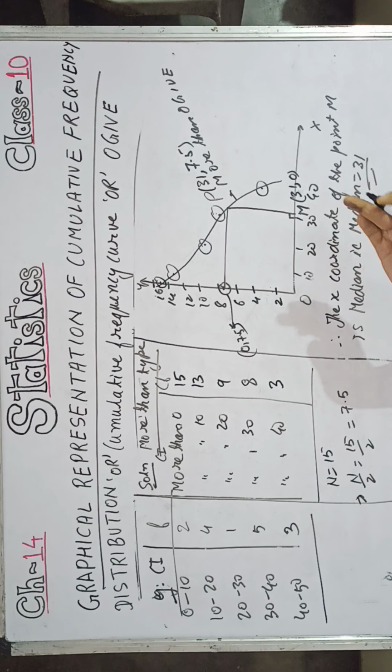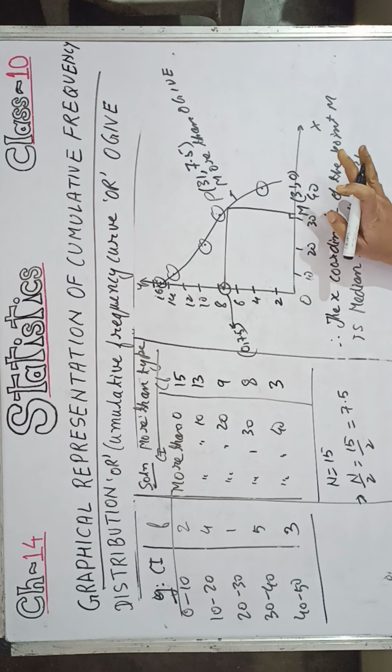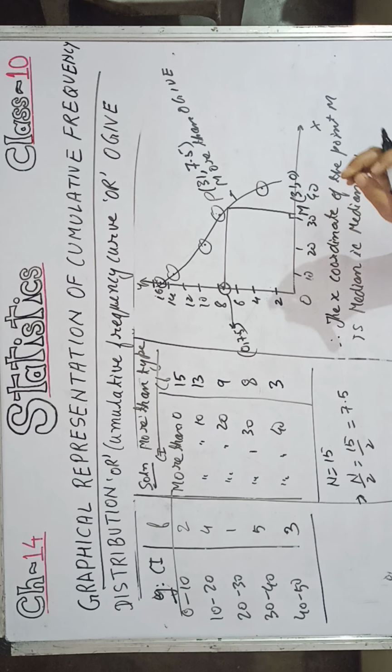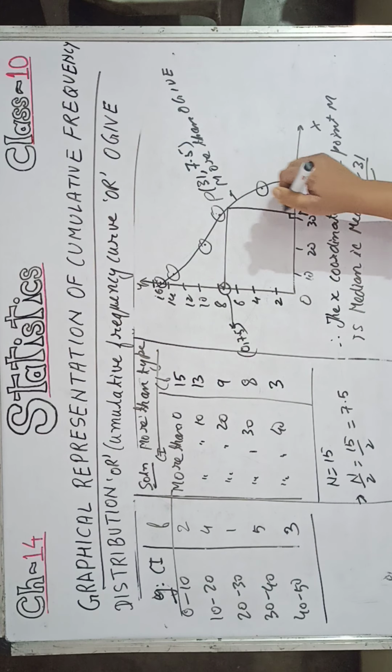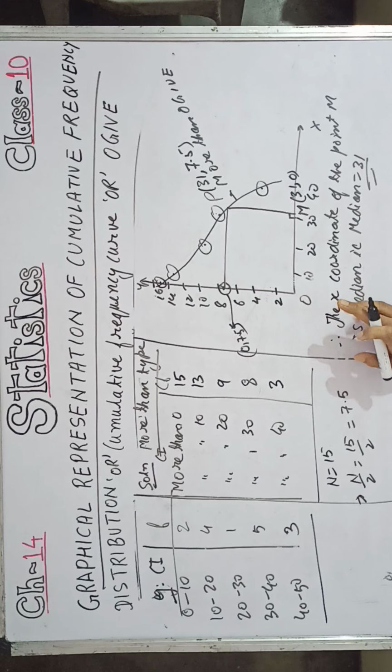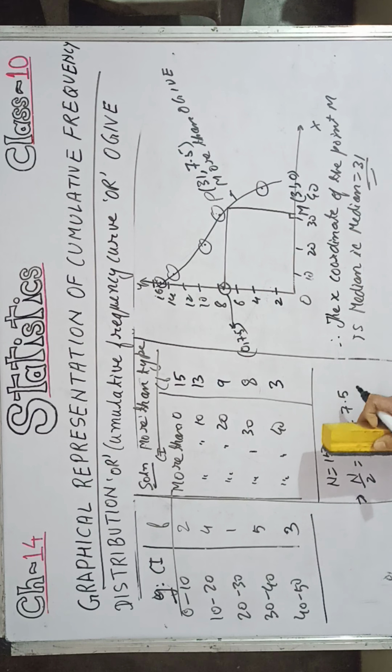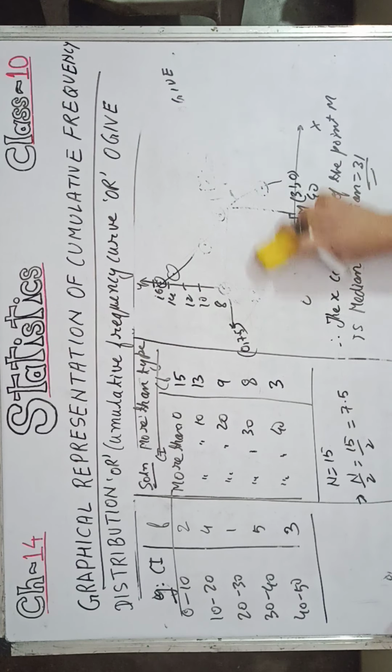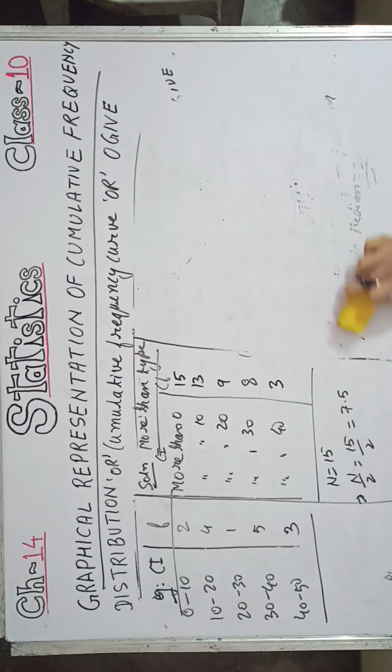This I am doing roughly just to make you understand. If the question is to find the median using this graphical representation, then we will first secure ourselves with the proper answer. That is, we will calculate the median with the help of the formula, and then we will plot the graph properly and make the point fall on that median value only. Means everything we will do accurately. So this is the more than type of the ogive. Now for less than, we will do the same thing. Means for the same question I am representing the less than type of the ogive also. So I am rubbing this one.